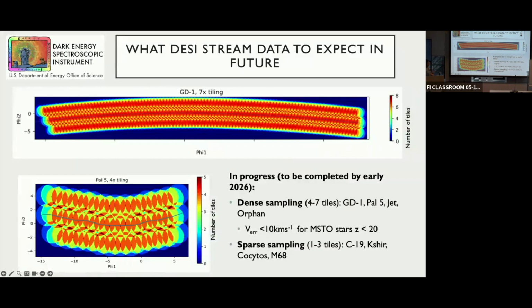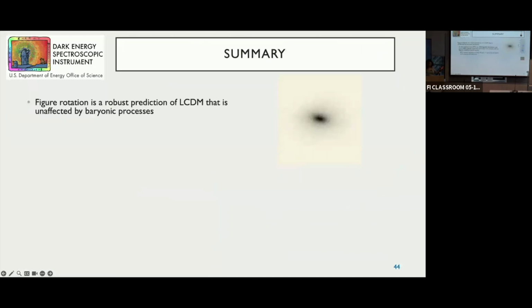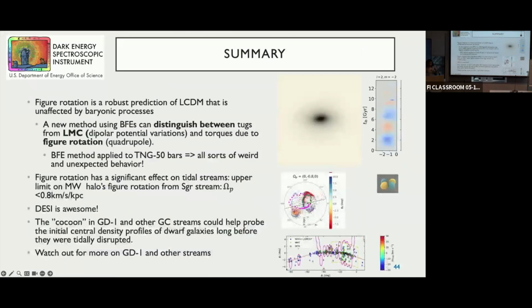We expect to get radial velocity uncertainties better than 10 kilometers a second. We're doing this also for many other streams, and a lot of this data is going to be public soon. The Milky Way group is really tiny, so there's a lot of data already out there which nobody's looking at. So please,